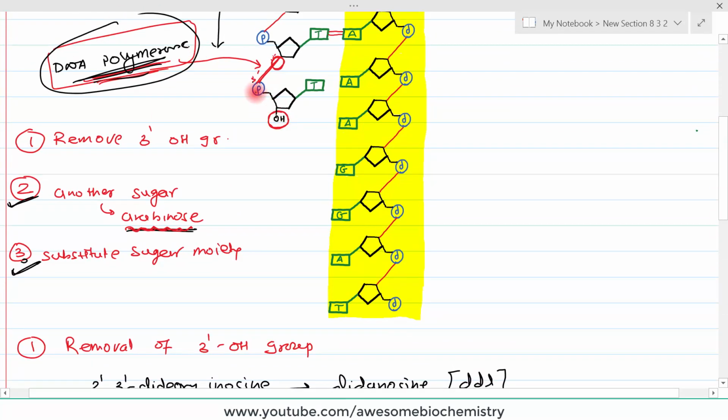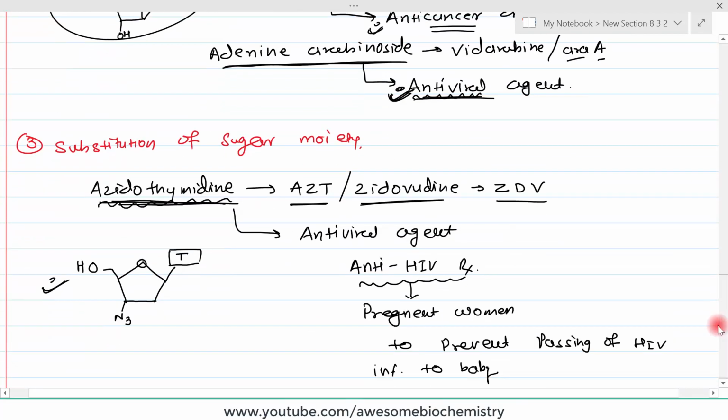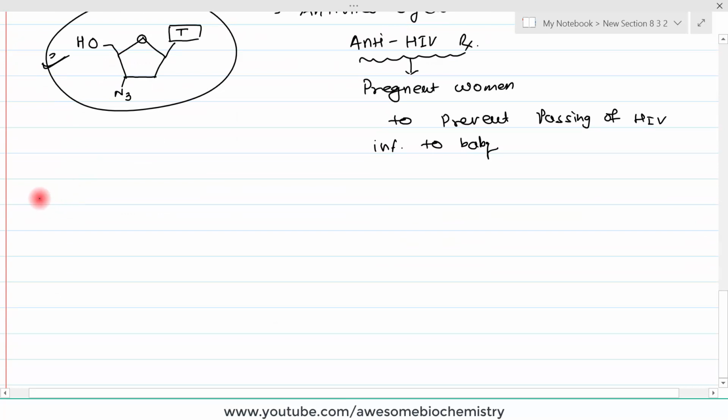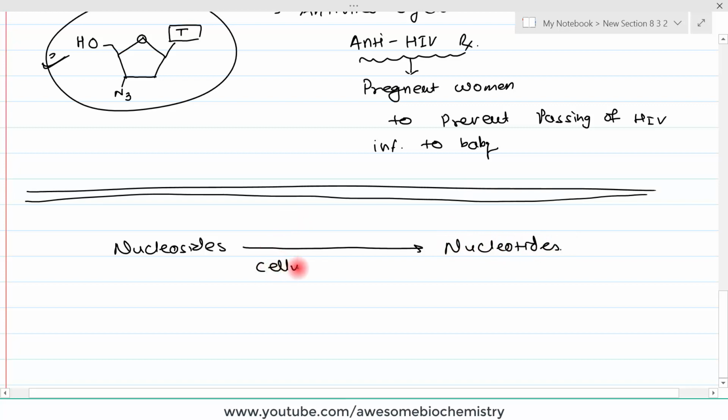our DNA polymerase needs a nucleotide, and the nucleotide should be a triphosphate. Okay, triphosphate, and then the enzyme system releases pyrophosphate and leaves the monophosphate in the chain, that we had seen in the earlier lecture. So how are these nucleosides able to get converted into nucleotides? When you take these drugs and they come into your system, what happens? These drugs are nucleosides, right? We are taking them as nucleosides, but they are converted to nucleotides by our own cellular kinases.